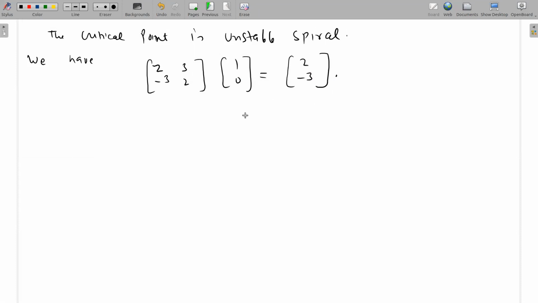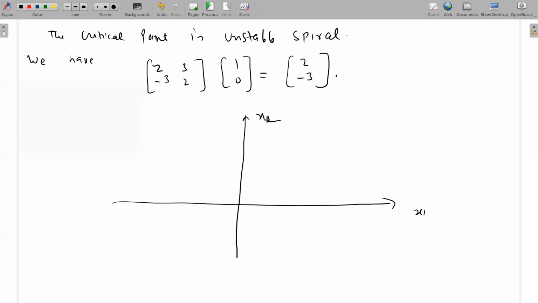These things are easy, but when you are doing with me, it seems easy, but practice karna inki. People say that they forgot in exam. Okay, so any solution which passes through 1 0 will go to 2 minus 3.